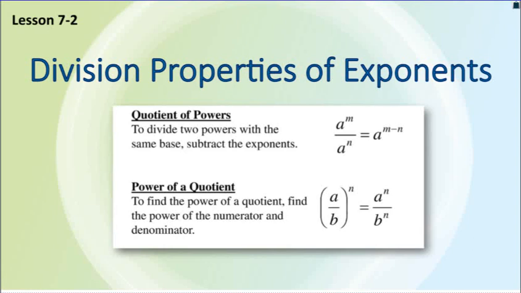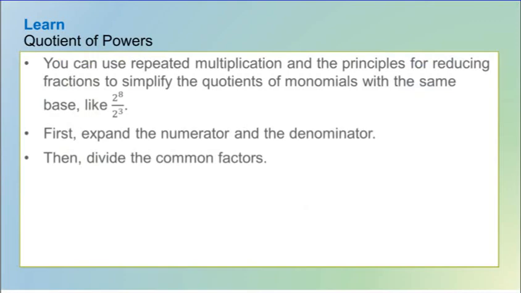Lesson 7-2, division properties of exponents. Here you can see a couple properties that we're going to be looking at: quotient of powers and power of a quotient. So you can use repeated multiplication and the principles of reducing fractions to simplify the quotients of monomials